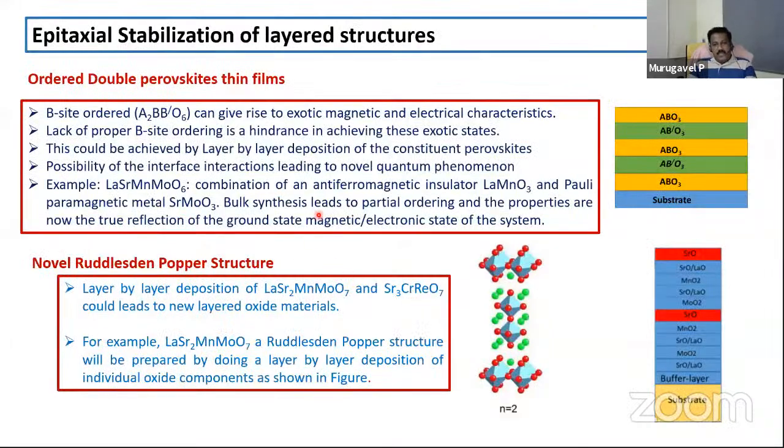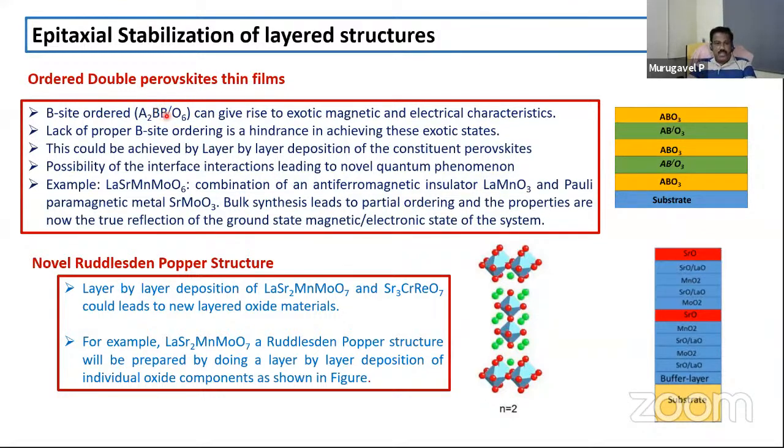Since we are going to use pulsed laser deposition, epitaxial films are possible. By making these epitaxial films, we can stabilize some of these unusual metastable states. So Dr. Santosh in this group is planning to use this epitaxial stabilization technique. For example, he is planning to use the ordered double perovskite structure, where if you try to make this